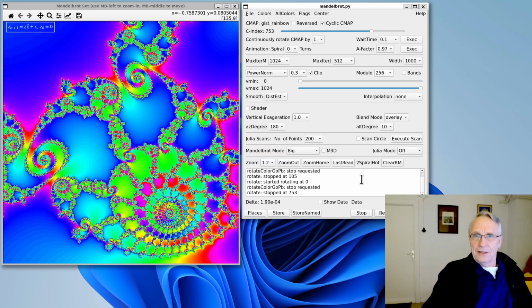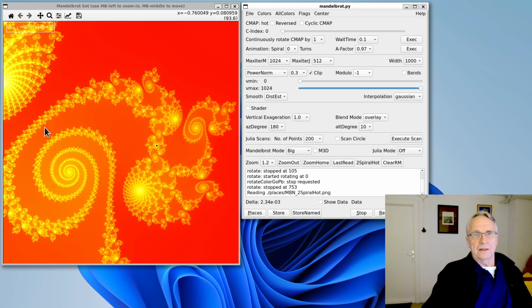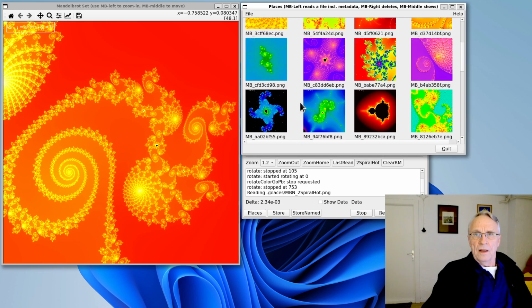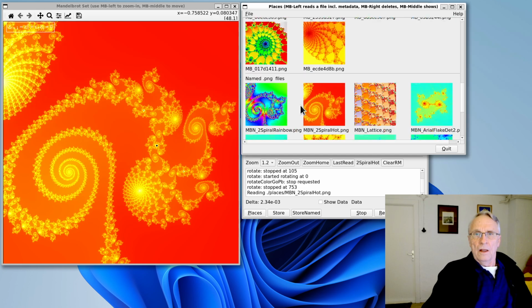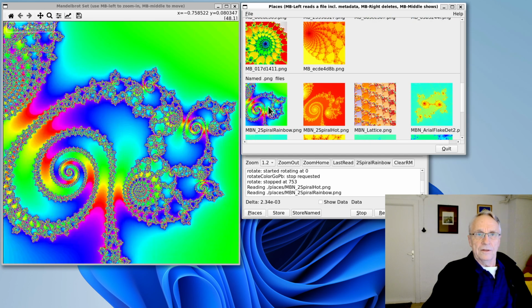Okay, let me show you where we started. Yeah, this is the hot color map, and I have prepared this spiral hot PNG file, and also another PNG which is more colorful, this one. I will upload both PNG files to GitHub. There you can use them